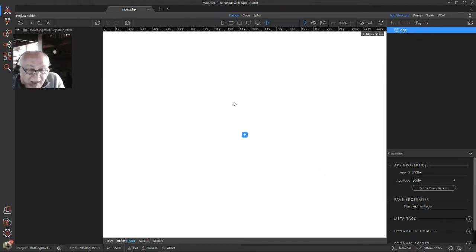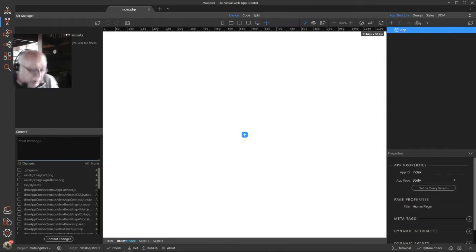So, just want to make a quick mention of a new feature that's been added to Wappler, and that is Git. For those of you who have no idea what that is, think of it as a backup system. Think of it as a way of keeping a history of versions of your particular project. And if you look, see here, we've got a Git Manager icon now, and we can create what's called a Git repository. I'm just going to call this initial,